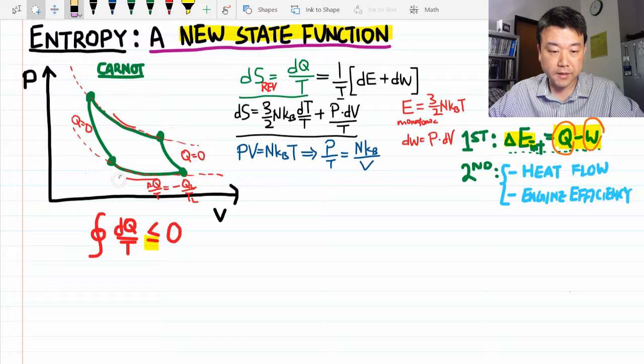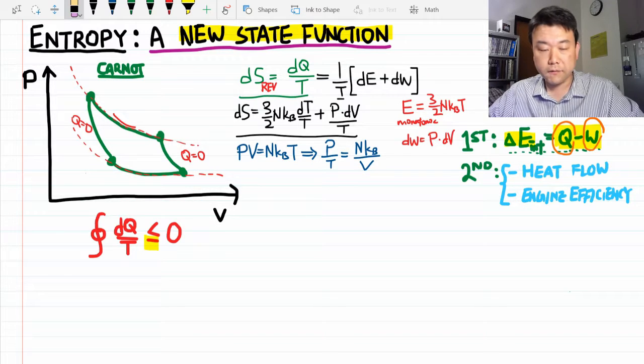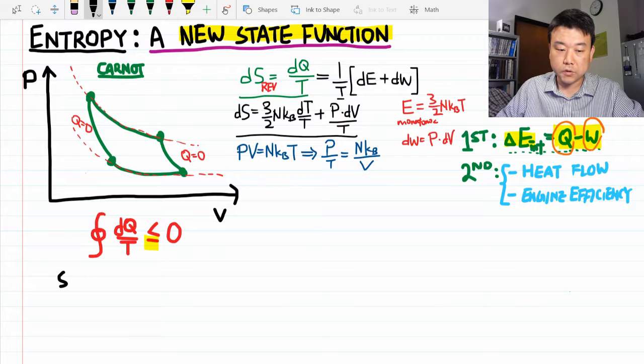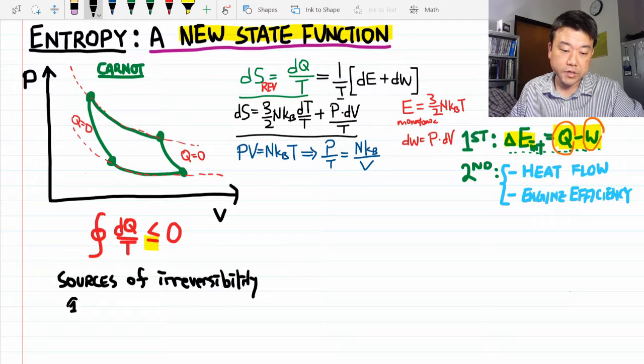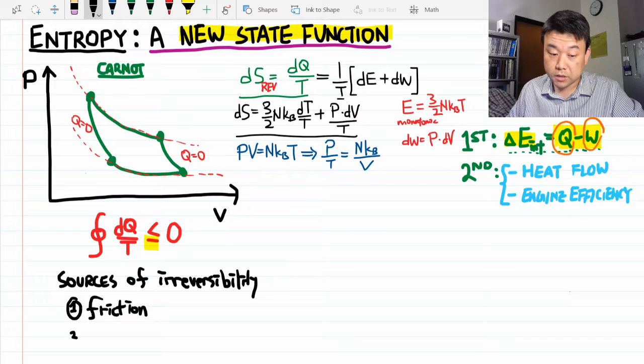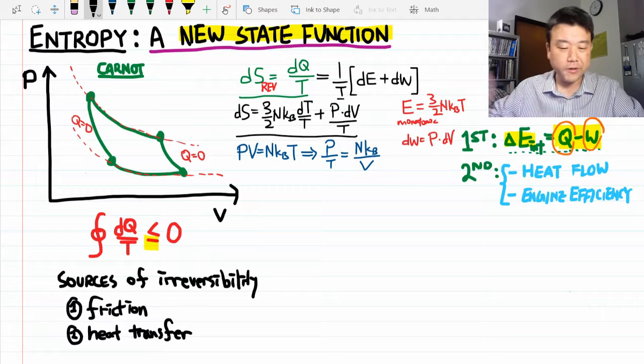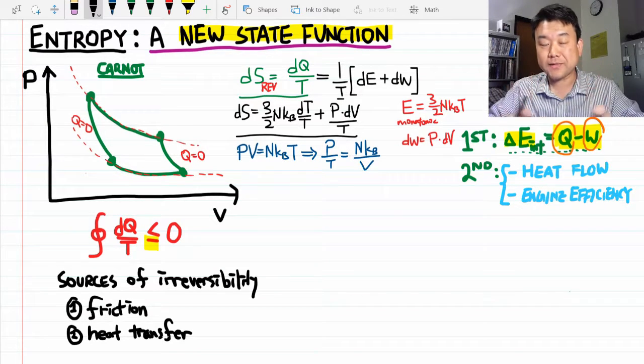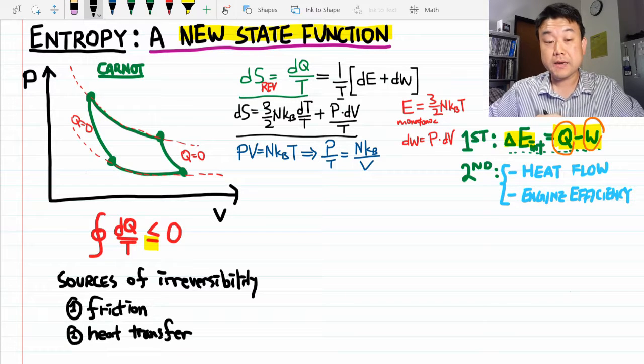Well, I have to take this nice, reversible, ideal Carnot cycle and somehow make it non-ideal. And we talked about sources of irreversibility before. That is friction or irreversible heat transfer. Friction is a bit complicated, so let's say it's still frictionless. That'll make my job easier. So how I can make this process irreversible is I can make the heat transfer irreversible.